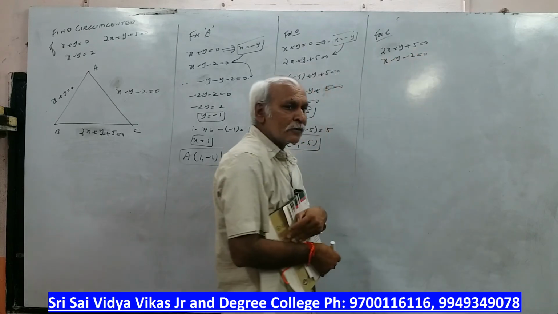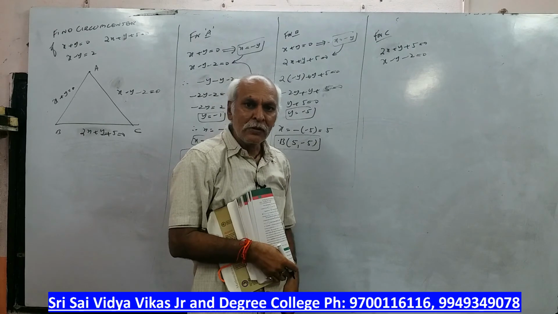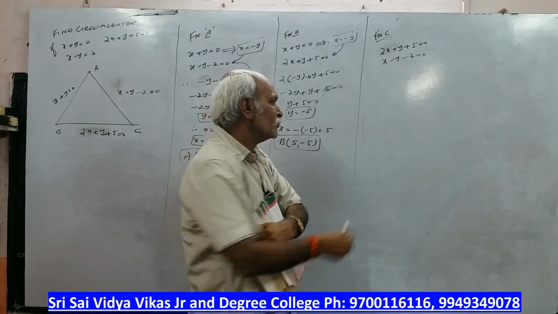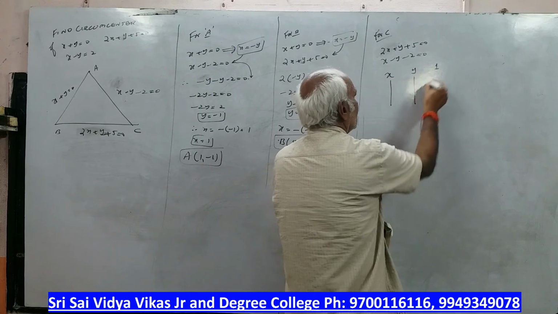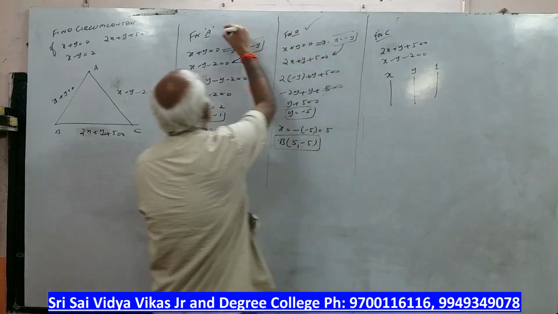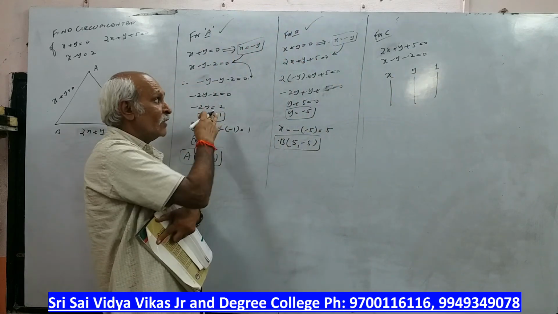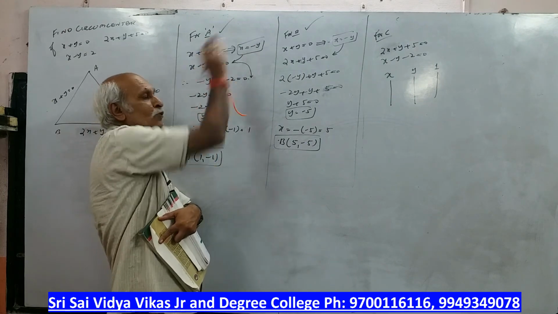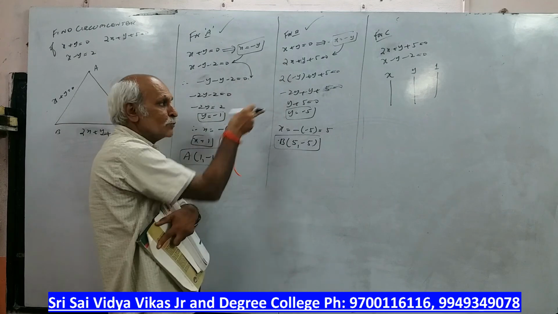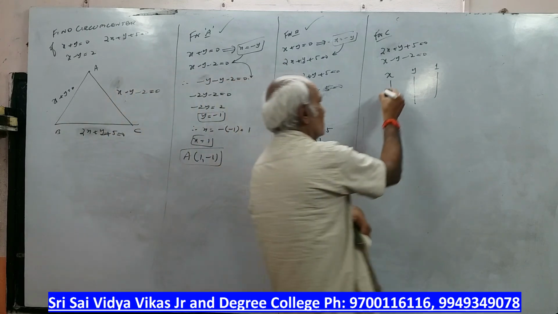Now we have to use cross multiplication method. Without constant it is not there, with the constant is there, so cross multiplication. X, y, 1. So here, observe this. Okay, here why I have selected this problem. Here we can use direct method, because there is no constant, we can use this way. But for this we have to use cross multiplication method.